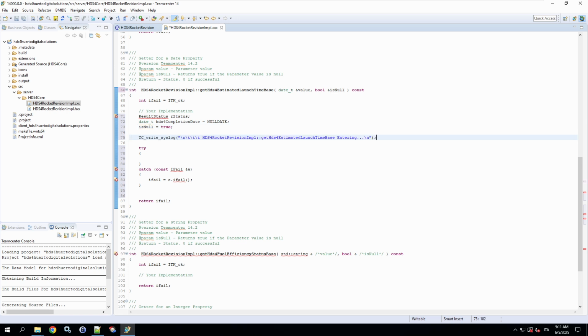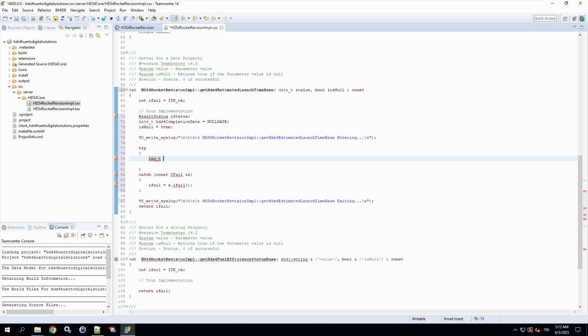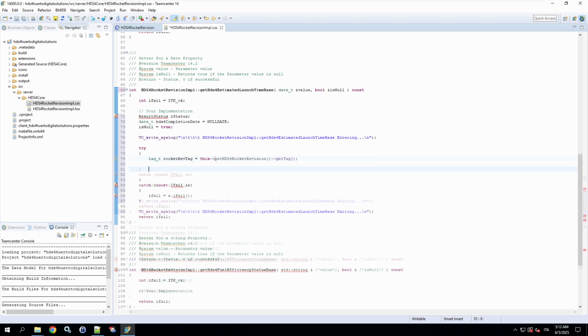We start with an entry log for our function, get HDS4 estimated launch time base: Entering. We'll add a similar log at the end for exiting. Inside the try block, we declare rocket rev tag as the result of calling get HDS4 rocket revision, get tag, which gives us the tag of our rocket revision. We use this tag to fetch the HDS4 completion date attribute.